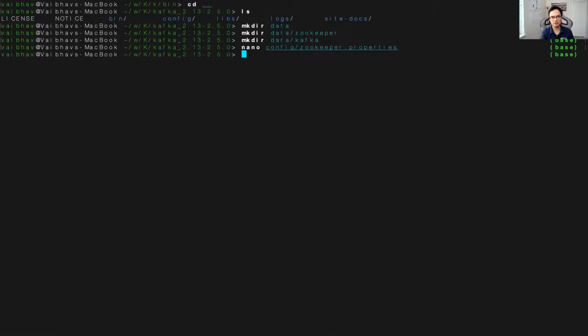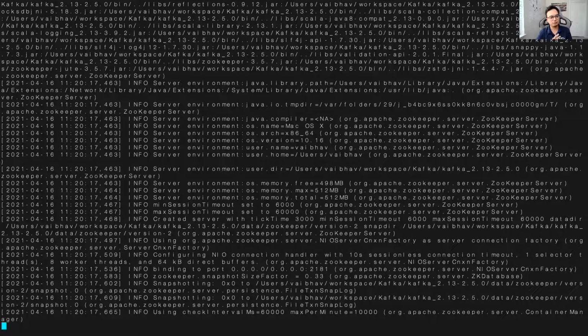Once you have done that, then you can start your Zookeeper. To start it, you'll do ./bin/zookeeper-server-start.sh, then give zookeeper.properties as an argument, config/zookeeper.properties, and press enter.